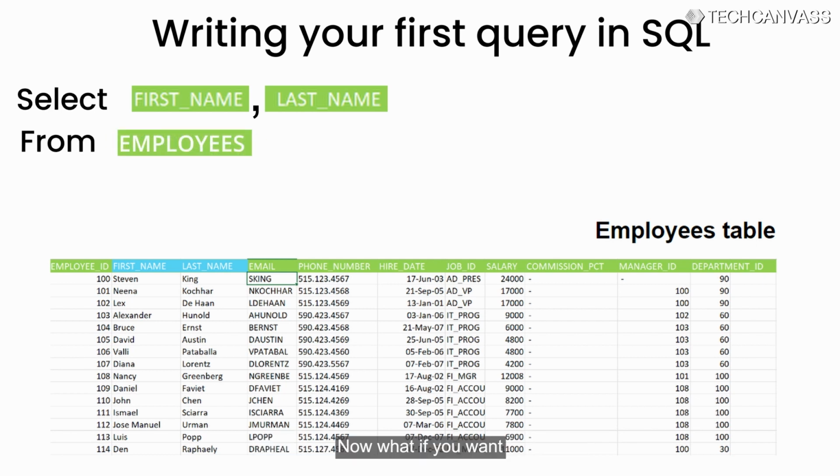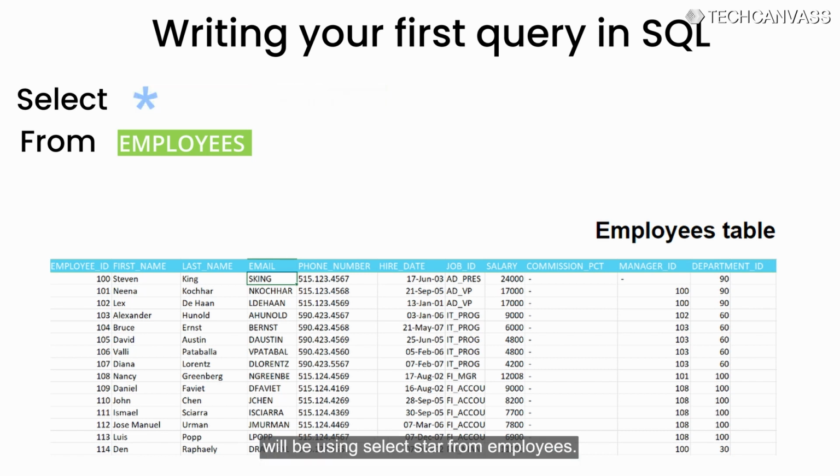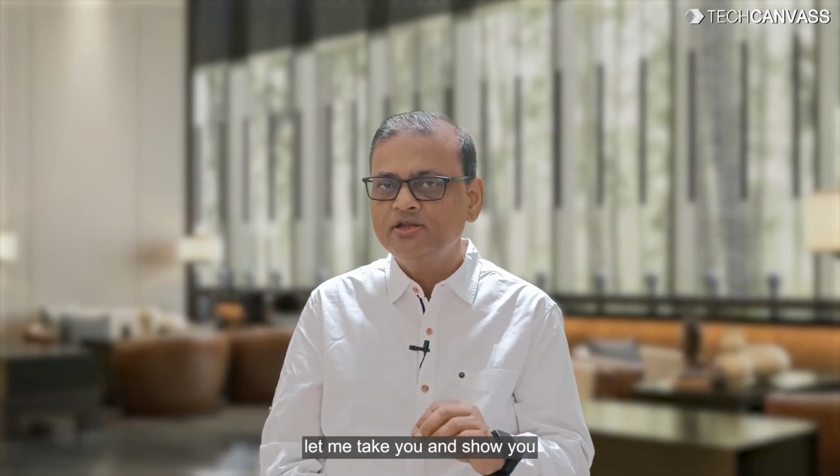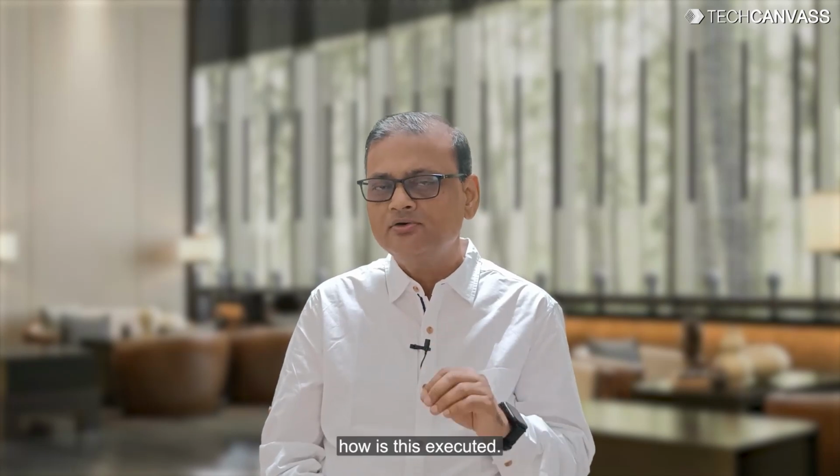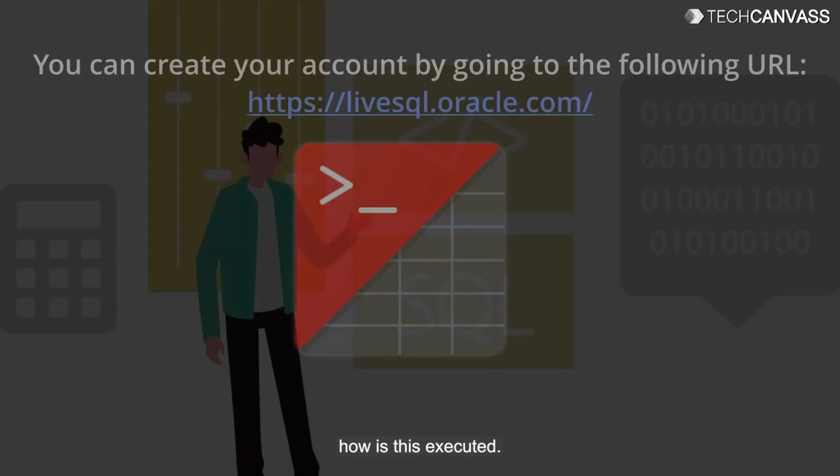Now, what if you want all the columns? In that case, we'll be using select star from employees. Star indicates everything, all the columns, no selection. Before I proceed further, let me show you how this is executed. I have used